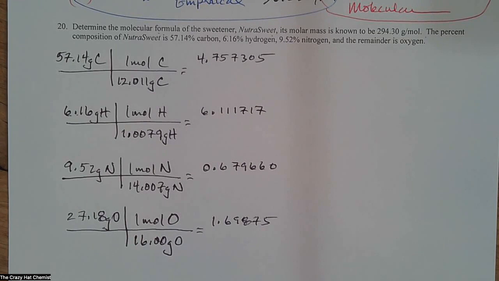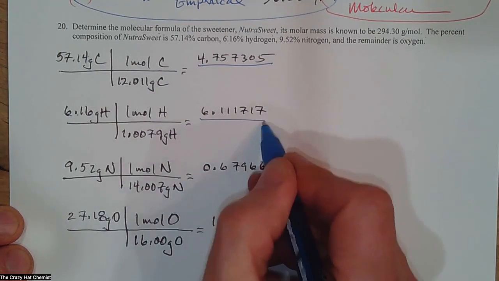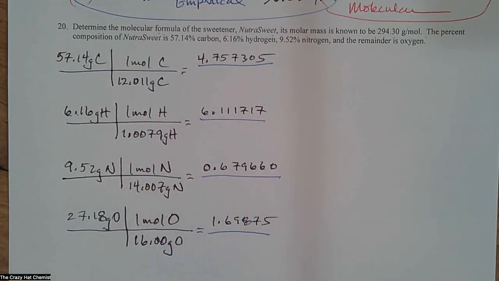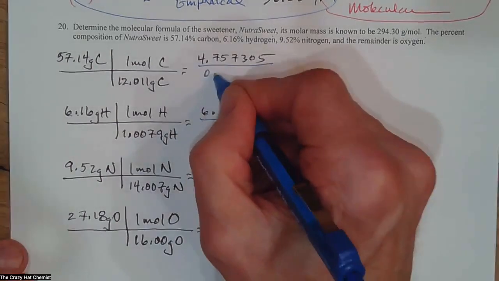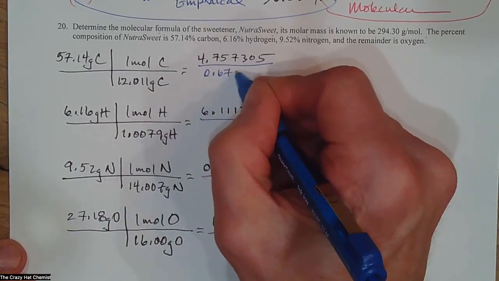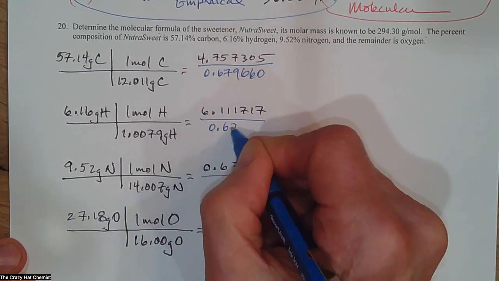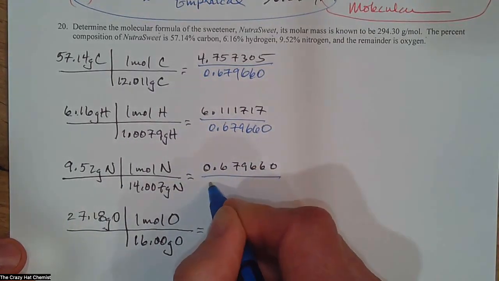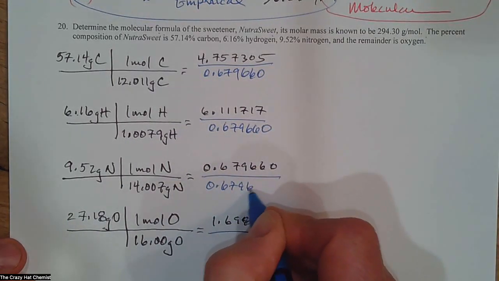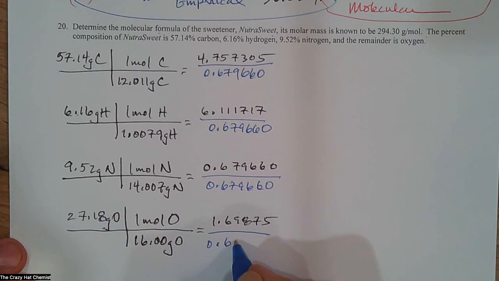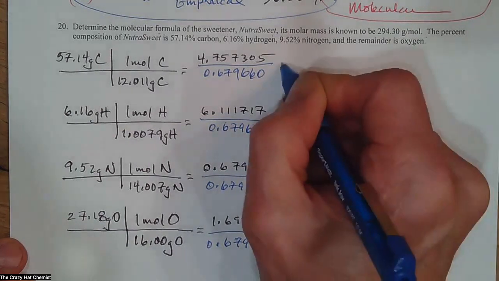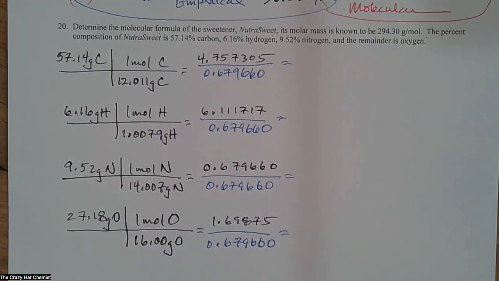So simplest whole number mole ratio. So what we're going to do is divide all of these by the smallest mole value, which is obviously here for the nitrogen. So that's 0.679660, and we divide each of them by 0.679660. And that will give us the following values of